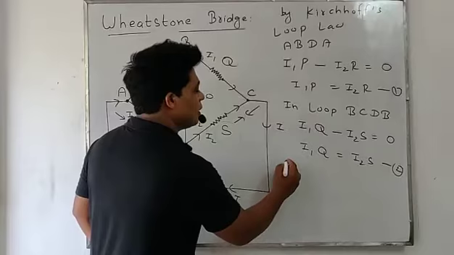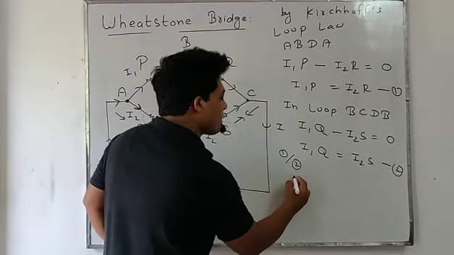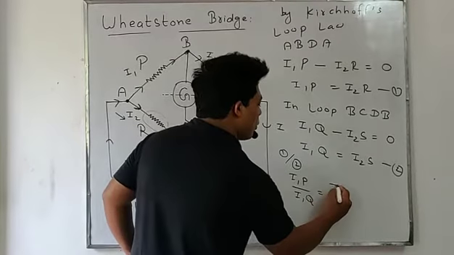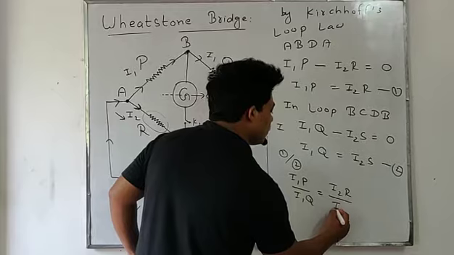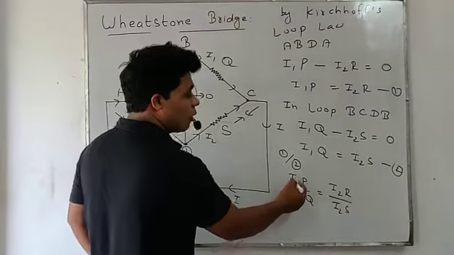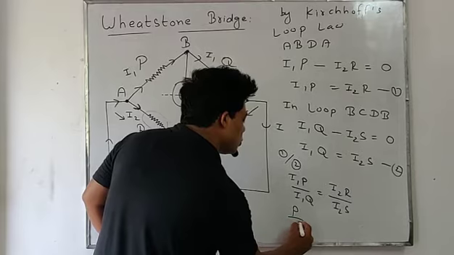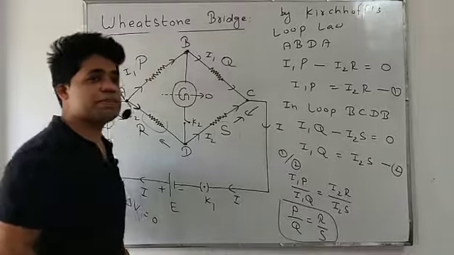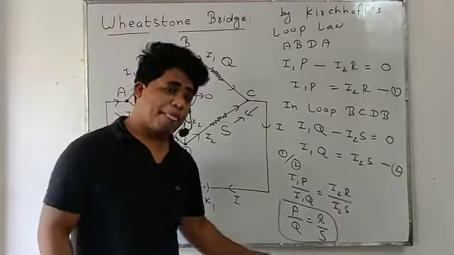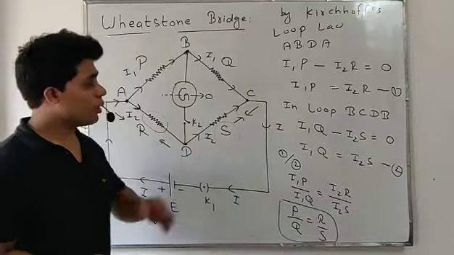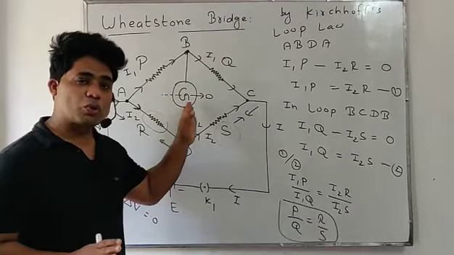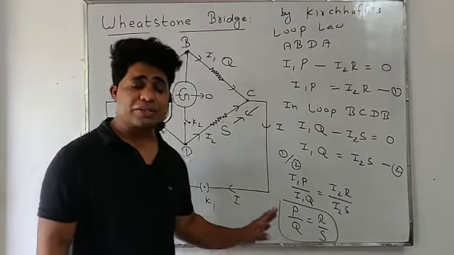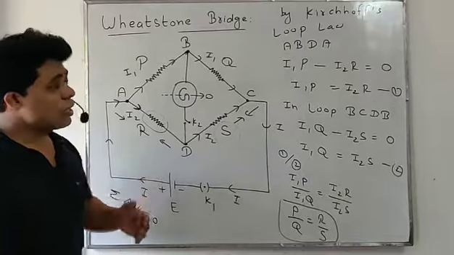Now students, first divide by second, equation first divide by second. I1P divide by I1Q, I2R divide by I2S. Look, I1 to I1 cancel out, I2 to I2 cancel out. So we'll get P upon Q equals R upon S. This is the principle of Wheatstone bridge. When 2 points have the same potential, there will be no current. In that condition, if the galvanometer shows zero deflection, the ratio of the 4 resistances will be P upon Q equals R upon S. That we prove. Okay, so this is our Wheatstone bridge.